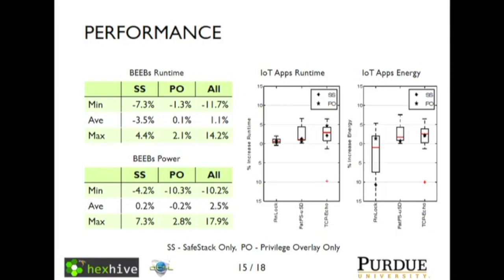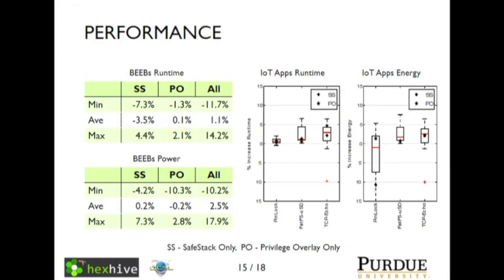We then evaluated 3 applications, 2 of which were provided by the vendor of our board that we ran our experiments on, and the other one, PINLOCK, we wrote ourselves. So we've got runtime and energy requirements. What you'll notice with PINLOCK, right, so most of them are under 10% for all of the variants. We created 20 binaries with 20 unique seeds, and this is their runtime and overhead.